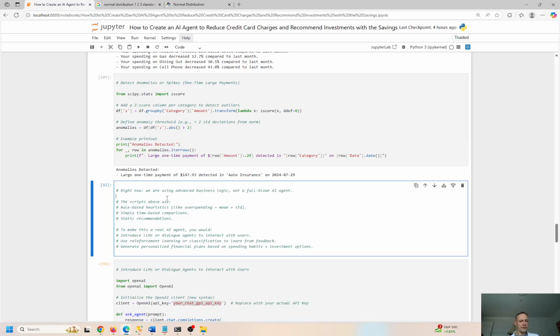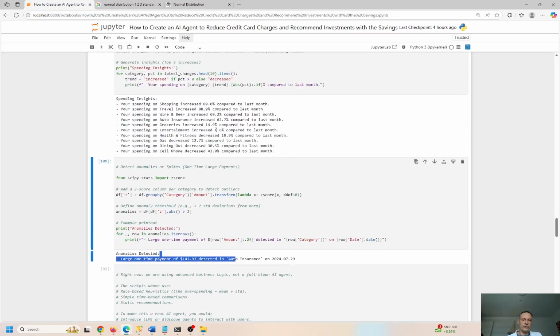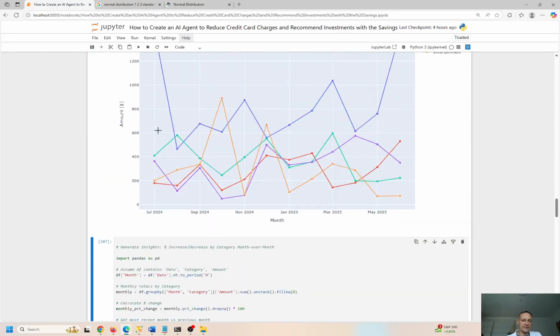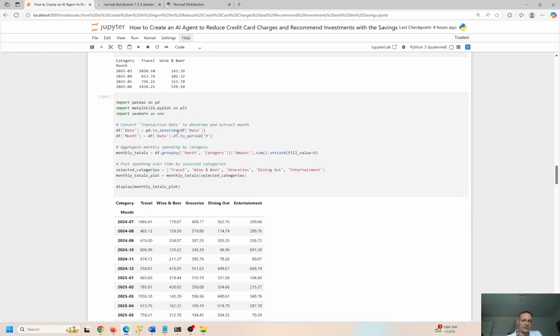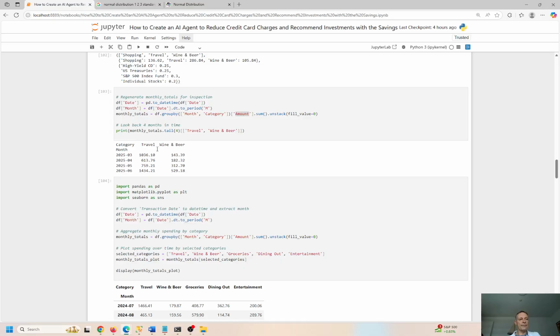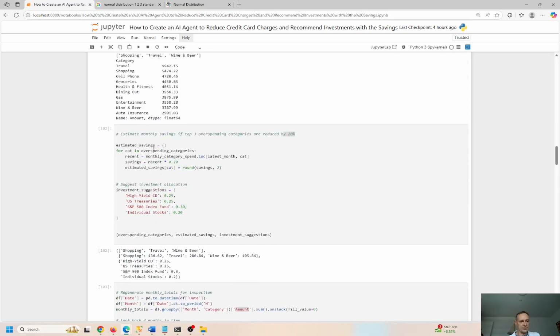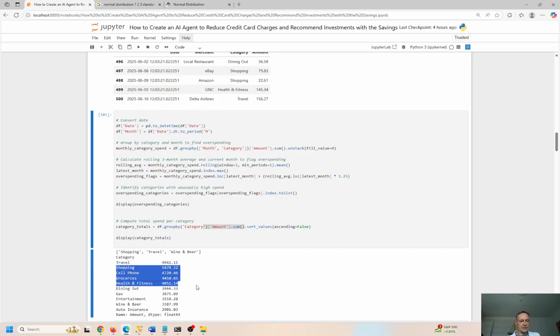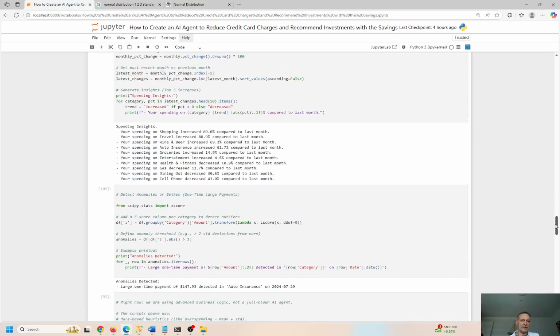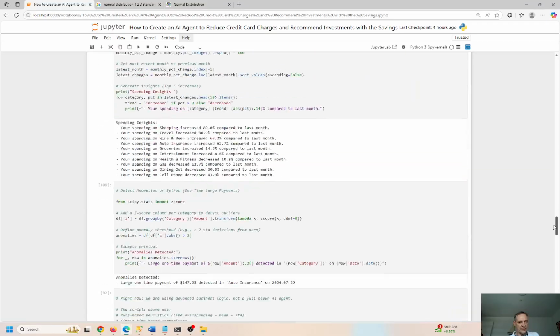I'm telling the computer what to do. I'm saying do the grouping by the category, by the date, by the month. Show me the amount. Show me the overage and the underage. Show me the high spending. Show me the over two standard deviations. Show me the spending insights, right? Plot the charts, plot the graphs. Show me the breakdown of all my past 12 months of credit card transactions, right? And show me the categories, right? And the total sum. That's what I did. So I gave the computer a bunch of explicit instructions and I said, do this and then do that.